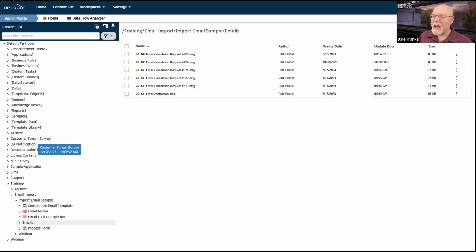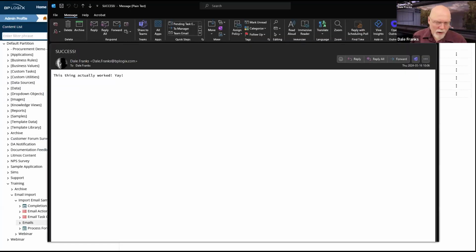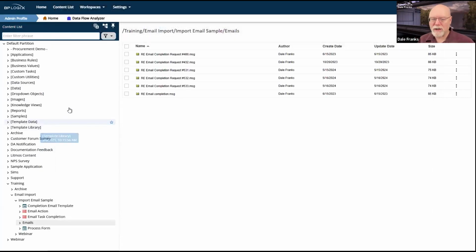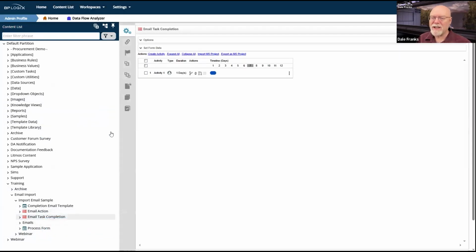All right, it has been uploaded into my system. And I am waiting for, and I'm not sure how long it will take, this is what I'm looking for right here, a success message. Then this message goes to me. Again, it's configured to specifically go to me. You could configure it somewhere else or some other way, but we'll talk about that a little bit later. But this is my success message. So it says it actually worked. It processed my email. How do I know it processed my email? Well, I can go into my process timeline.